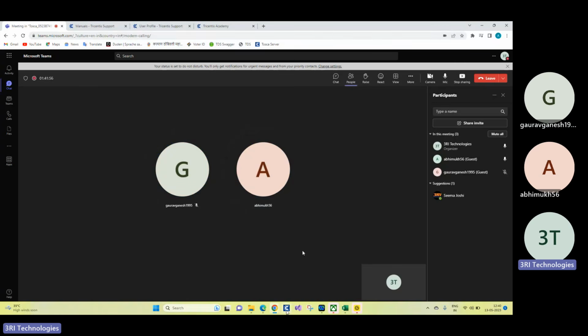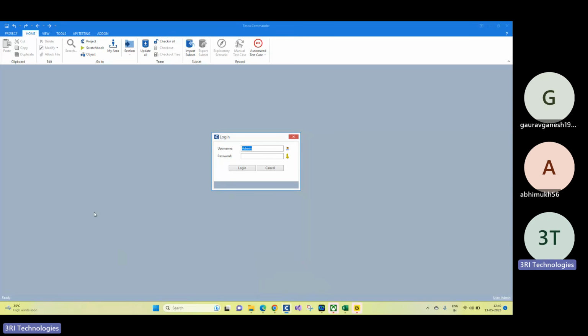Let me go back to Tosca Commander. Since we did not select the checkbox, it means we wanted to create a blank workspace. And since it is a multi-user workspace that I created, you will be considered as an admin, and it will give you this pop-up for login. Now, logically, it makes sense: if it is a multi-user workspace, obviously more than one user is logging into that workspace, and you need to identify them, right?